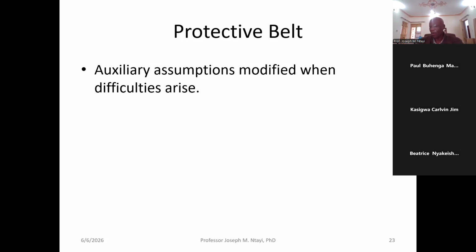And that's why someone will use a number of methods within a particular paradigm. Because even within the positivistic paradigm, instead of using one method, you can use multiple methods, and that is acceptable. As you do this or the other, you also use experiment, you also do A, B, and C. Just like in rational choice theory, you will undertake experiments. If you are using rational choice theory and you're not undertaking experiments, then we are going to ask a number of questions that you must respond to as a student or as a researcher in that particular area.